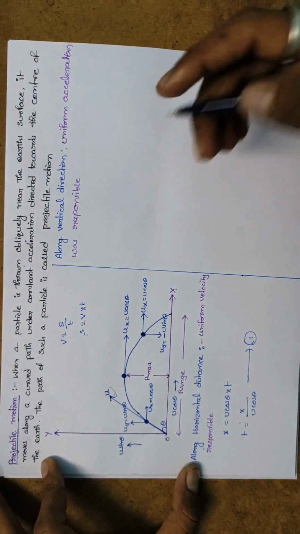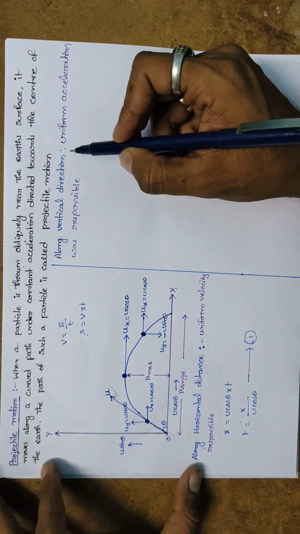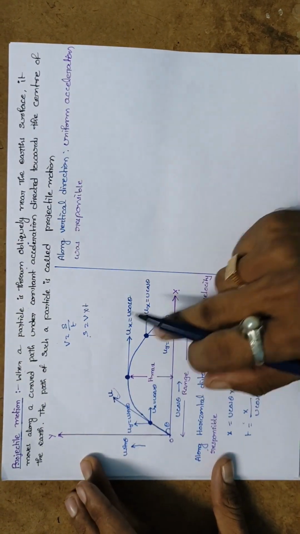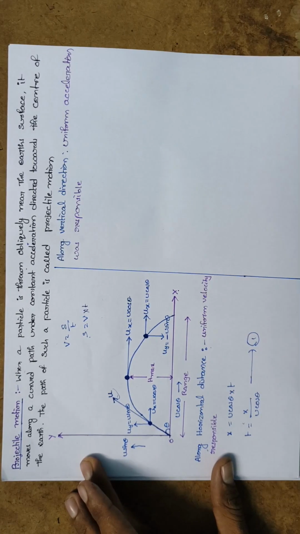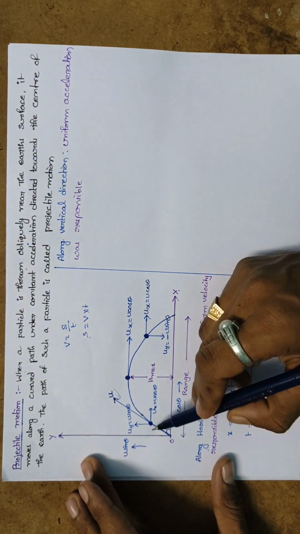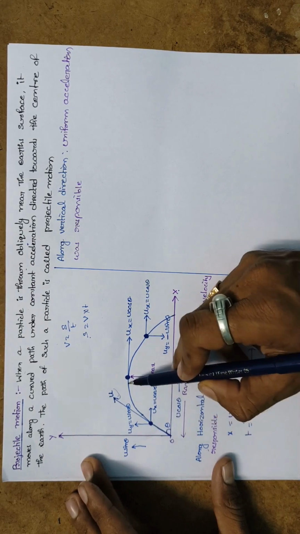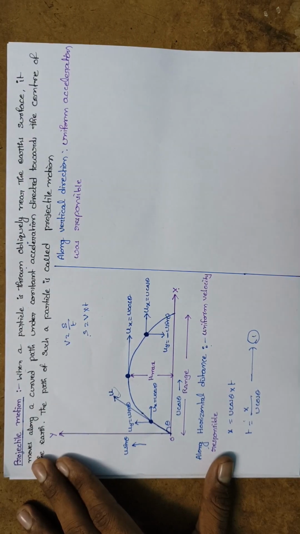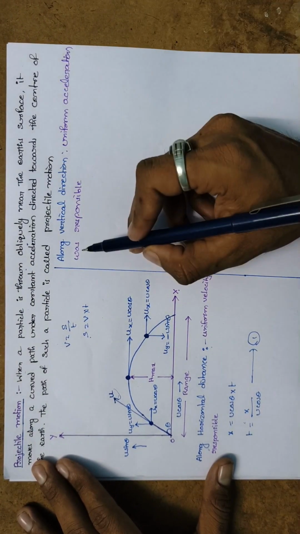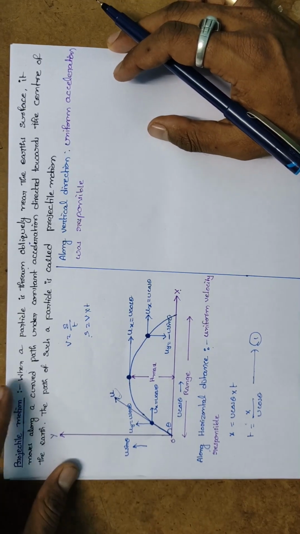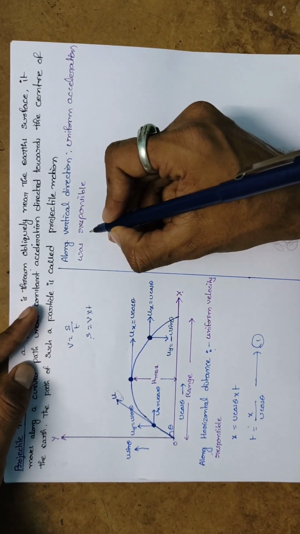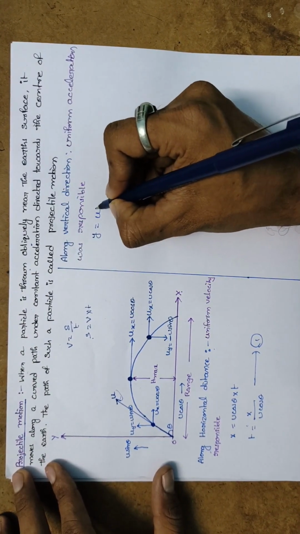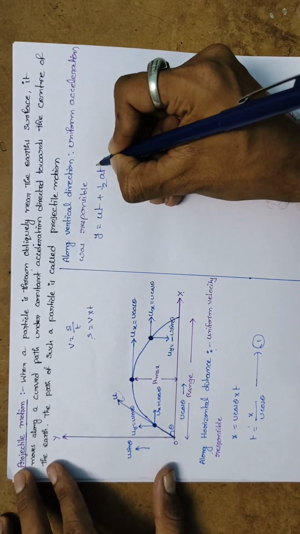Okay. Now coming to the second part, that is along the vertical direction, meaning along the y direction. What will happen? When a body is projected in a plane, definitely it covers two types of distances, but along the vertical direction, at each and every location of the particle, acceleration due to gravity is acting, exactly in the downward direction. So that's why uniform acceleration is responsible. Okay, so for this I am going to take the second equation of motion, that is y is equal to ut plus half at square.